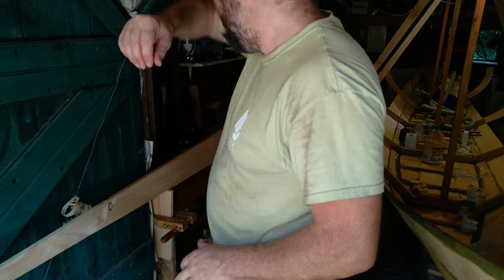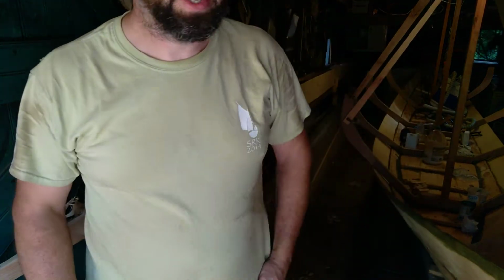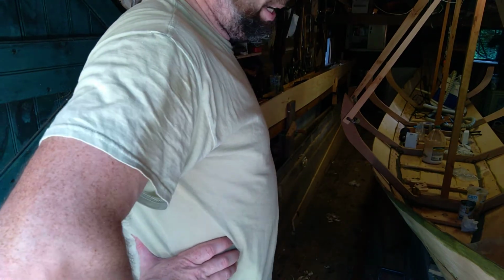It's not much use in most situations, but this is what it's made for, so definitely got to use it. Yeah, this pine planes incredibly easily. Now,